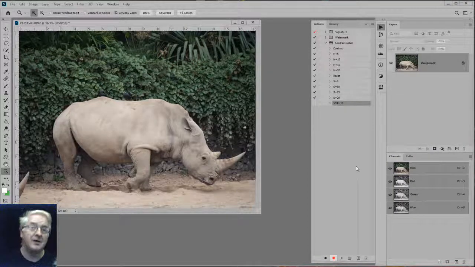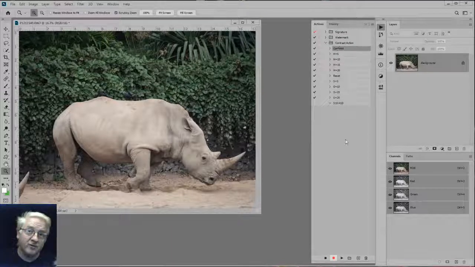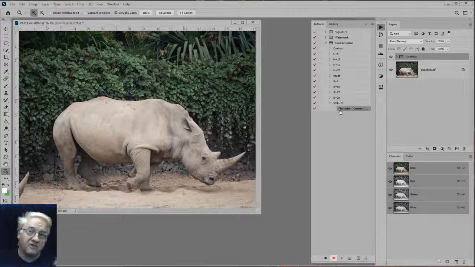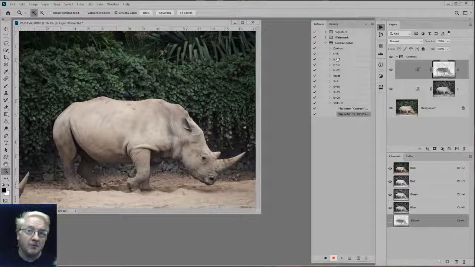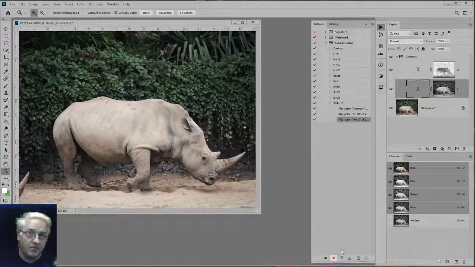Record that. Now here's the cool thing. When you're doing this, all you have to do is, if you click on the contrast one at the top and click play, it records the fact that we played the action contrast, and it put the 2 layers in that we needed. Okay, so then we want 10 shadows. So if we click on the shadow plus 10 and we click play, and then we click on the highlight plus 10 and we click play, and the last thing then will be to select the back layer